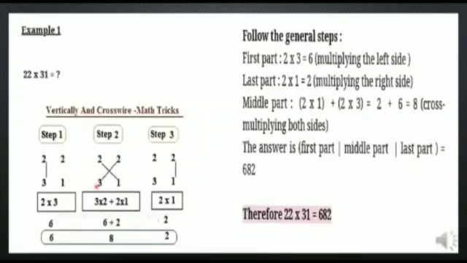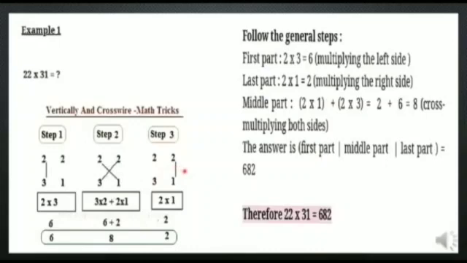So what we will do in cross multiplication? We will multiply 3 with 2 and 2 with 1 and we will add both the results. So how have we done here? 3 into 2 plus 2 into 1, which will give us an answer 6 plus 2 as 8. For step 3, again we will write the numbers in the same form. We will write 31 just below the 22.